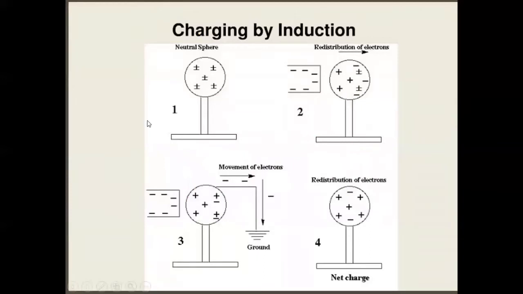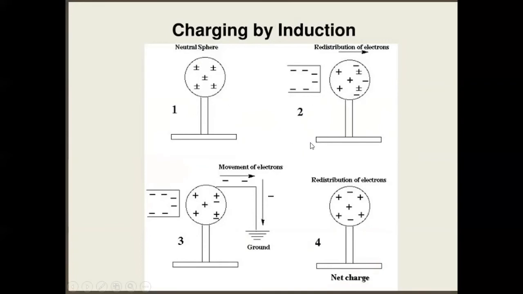Now, in the previous diagram, we had two spheres. In this diagram, we are going to take a look at having only one sphere and a charged object. Diagram 1 tells us that there is a neutral object as there are equal numbers of positive and negative charges. In the exam paper, if we are asked to draw such diagrams, then we need to take care that if we are drawing 5 positive charges, then we are also drawing 5 negative charges to show that it's neutral.